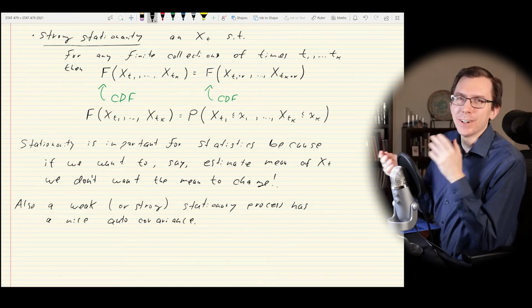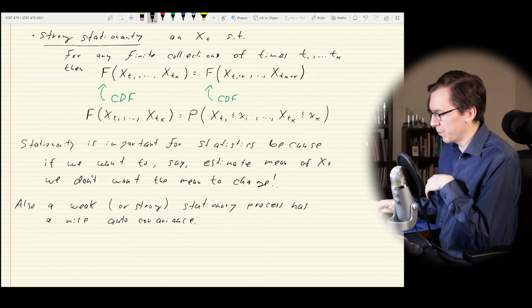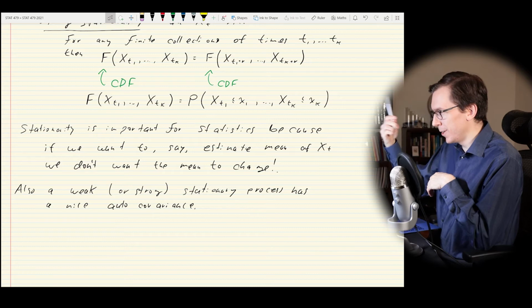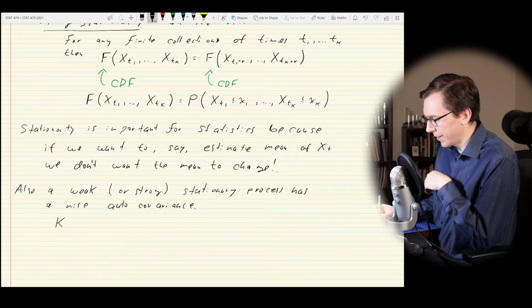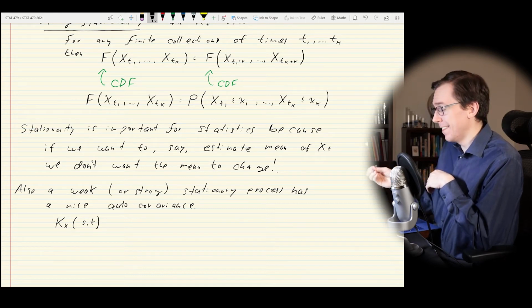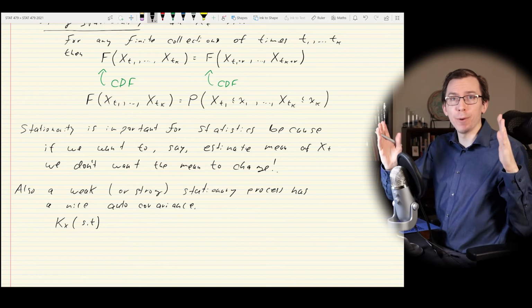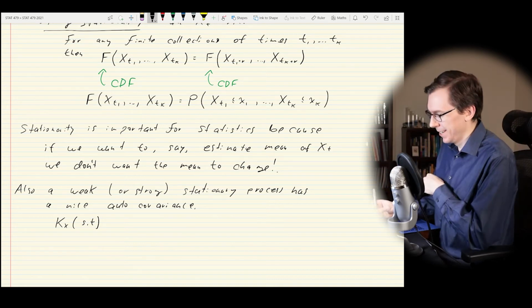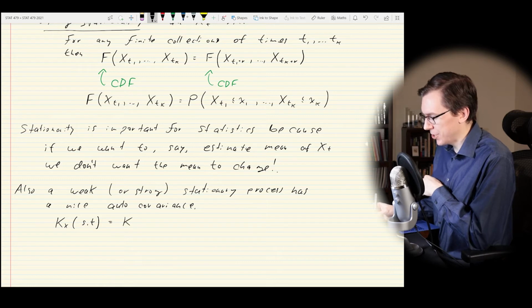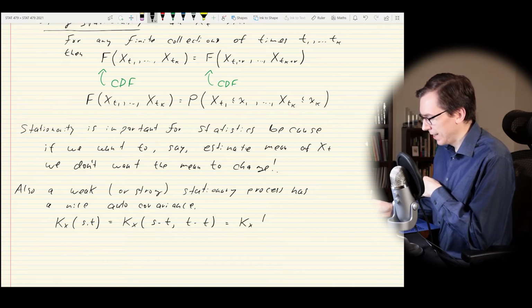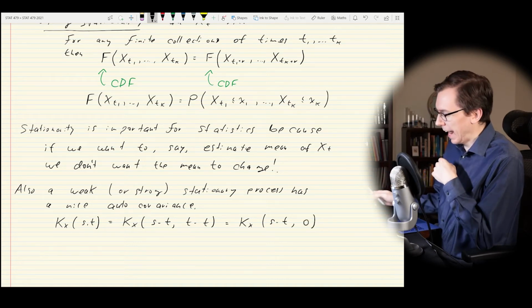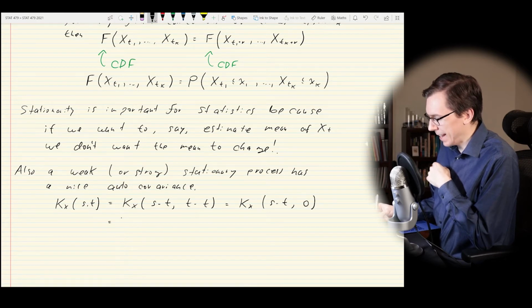We already said that the autocovariance is invariant to time shifts, but what that means is, let's follow this through. If I have an autocovariance function like this at times s and t, then what I can do is shift both points backwards in time t units. So this, by definition of stationarity, is going to be s minus t and t minus t, which is just s minus t and 0. And what this means is that we can actually rewrite this as just